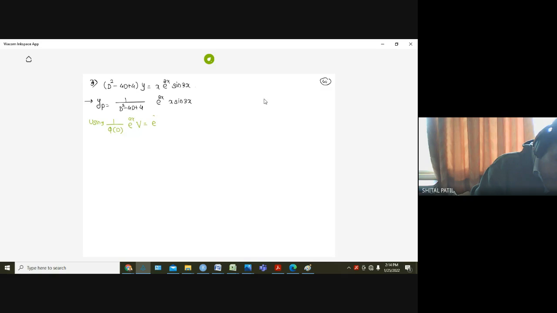What is it? E raised to x 1 upon phi of d plus a to be operated on v. D is to be replaced by d plus a. So what is a here? D plus 2. 2 is obtained from here, the coefficient of the x in exponential term. Okay. Therefore,